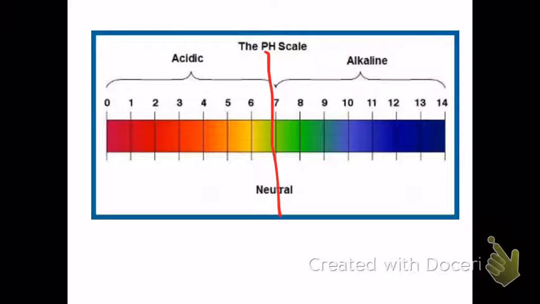7 is neutral. You also want to know 0 to 6 is acidic, and 8 to 14 is basic or alkaline. So make sure you got that written down somewhere special. Okay,